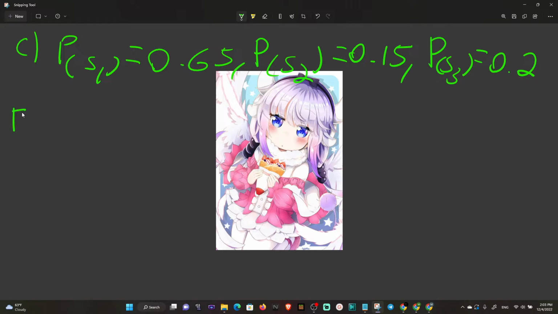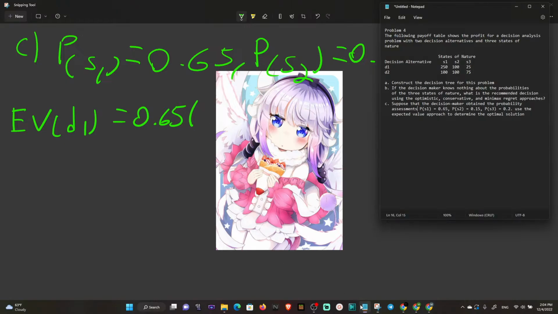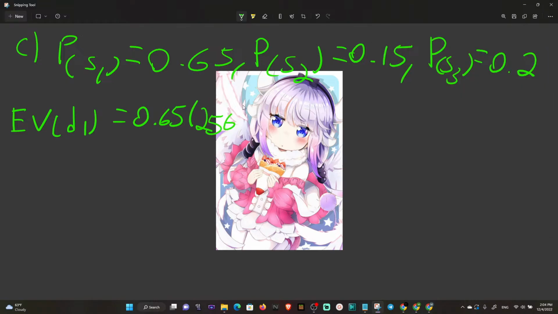So, expected value of D1 is equal to 0.65 multiplied by what number? Because this is S1 and we're doing D1. Multiplied by 250. Correct. Plus 0.15 multiplied by 100, plus 0.2 multiplied by 25. Then we'll use a calculator and get